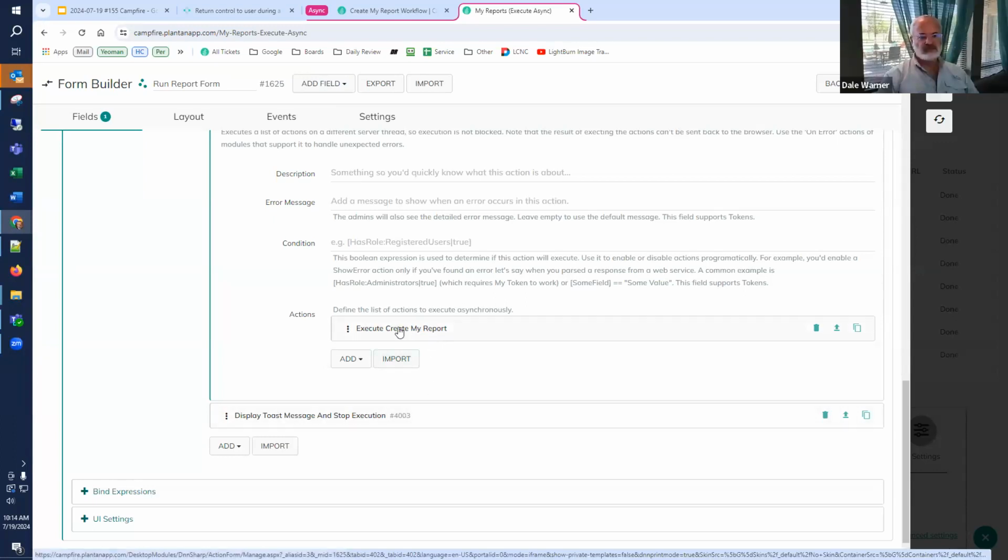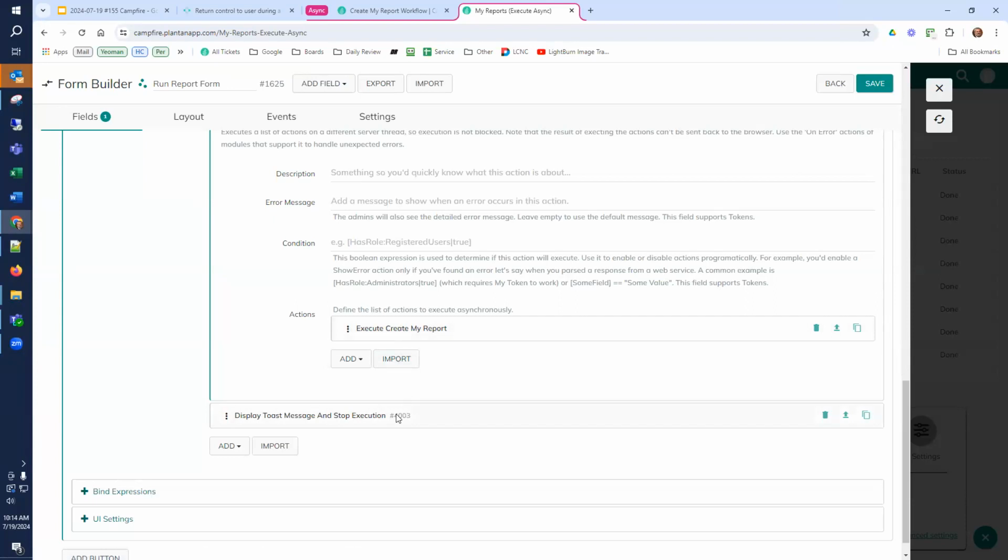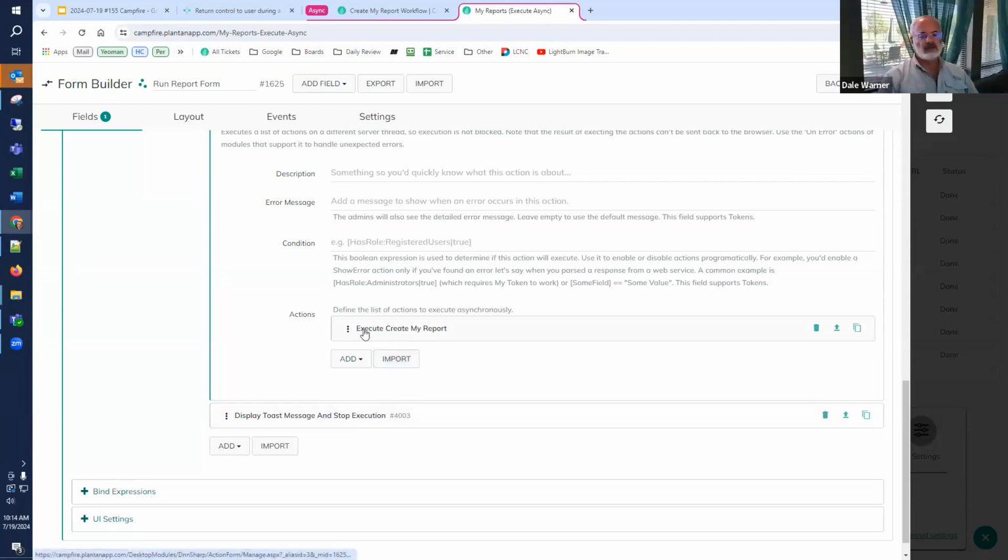The actions inside it, the one I'm pointing to, are asynchronous, all of them. No matter how many things you put in there, they're all going to start their own thread. No, I apologize. These are going to be done as a normal action stack, so it'll be one thread.